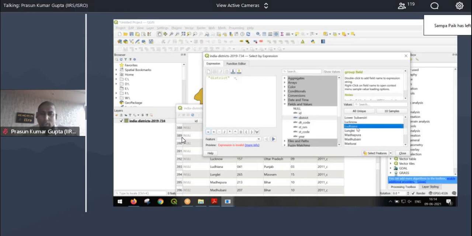Double click on this Ludhiana. So basically you will create a query like this, district equal to Ludhiana, or whatever is your district name. This is case sensitive, so a small L will create a problem. This has to be in capitals or as given in this column. So once you click select features,